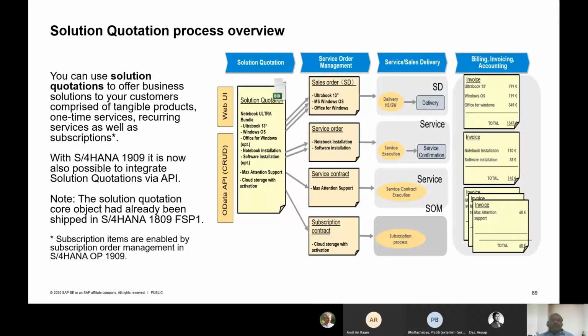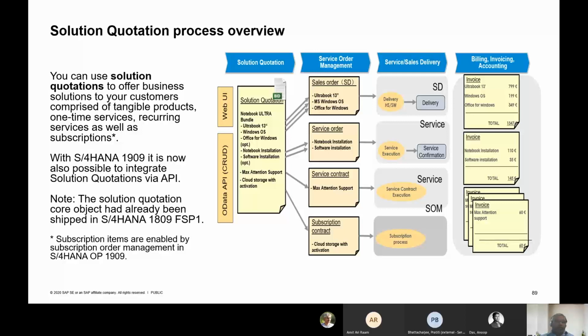So now the solution capabilities, if you look at it, we have a quotation process which has been enabled, which is nothing but a service as well as my materials clubbed as a solution quotation to the customer. This can have a bundled product, and this can be a one-time service or a recurring service for a customer.